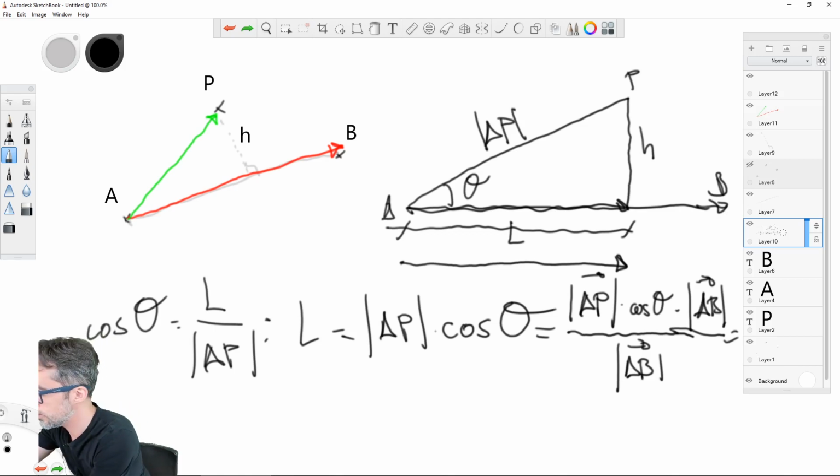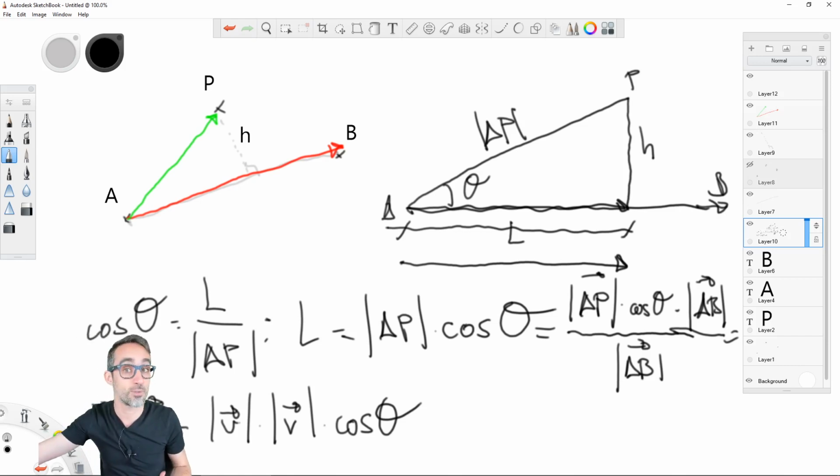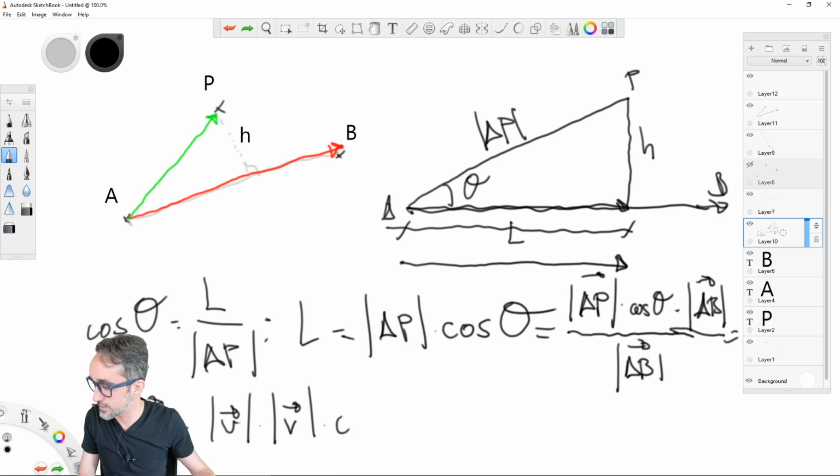So if you remember, if I have vector u and I have vector v, the dot product of those two vectors equals the length of u times the length of v times the cosine of the angle that they both form. It is one of the properties of the dot product. So what is interesting about this? What's interesting is that now